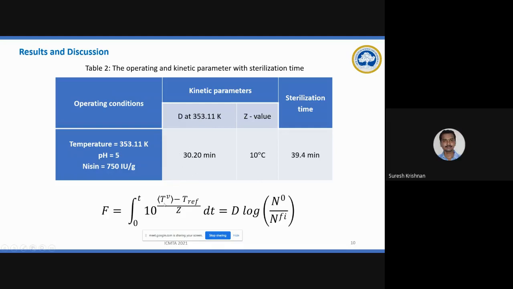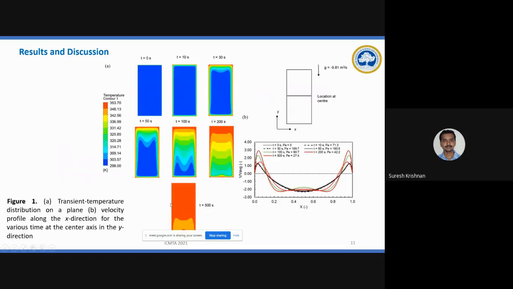Okay, so now here the temperature, pH, and niacin concentrations are maintained constant. But in reality, what happens? The temperature is strongly a function of position and then time, right? So the temperature history we need to capture by using the CFD simulations. Once we capture the time temperature distribution, we are going to put it here. It means it's something like this. So when time t equals 0, you have uniform temperature. When time increases, what happens?